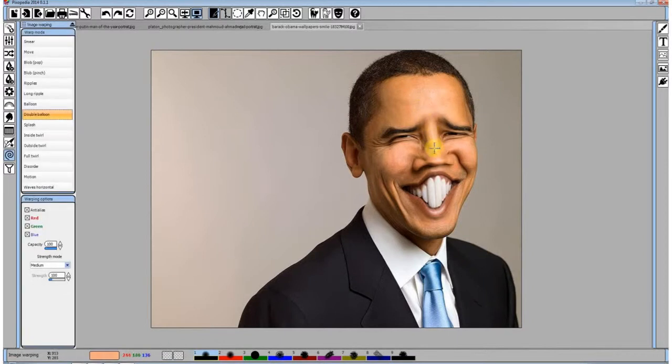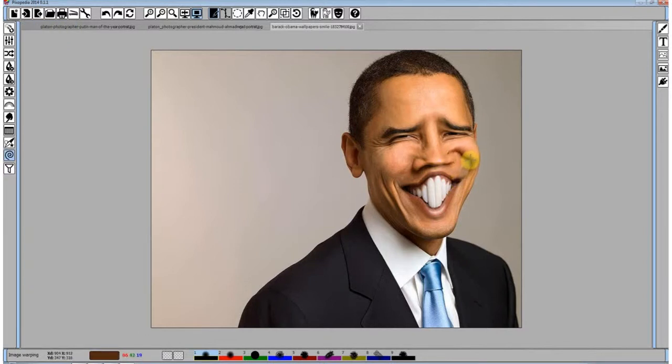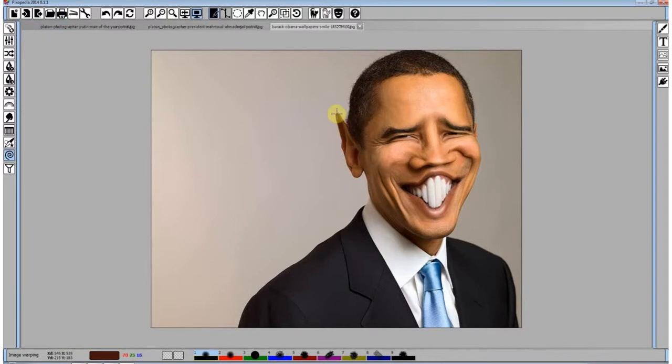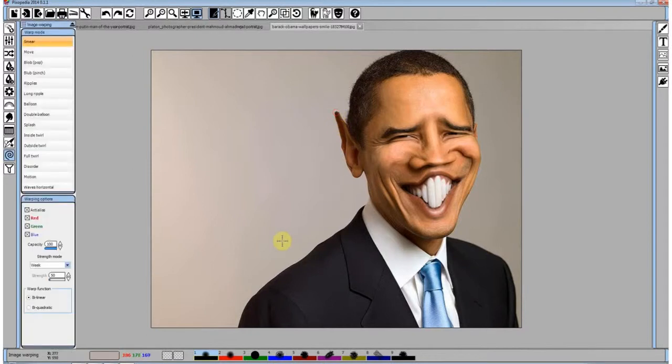This part you see is widened while eyes are squeezed. We will take a smear and move a little bit his cheeks, and we will use weak bilinear warping to give extra ears like Spock, yeah? Beam me up.